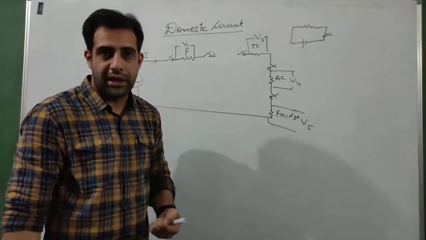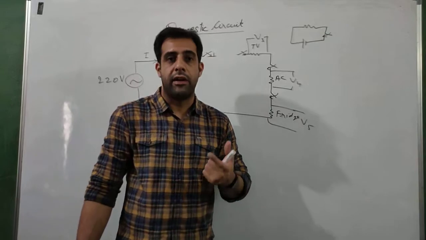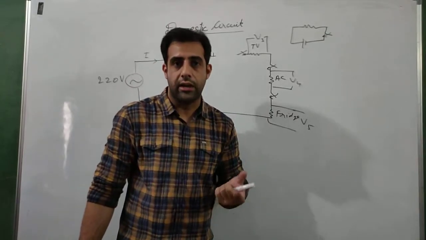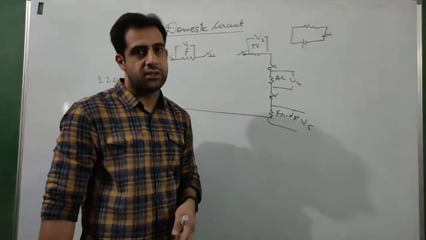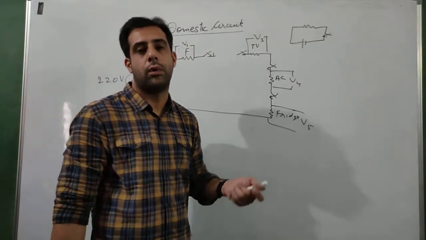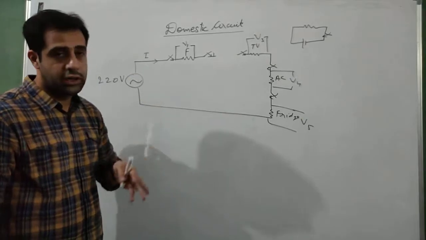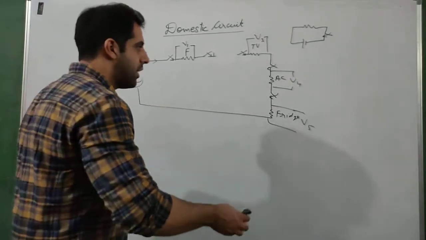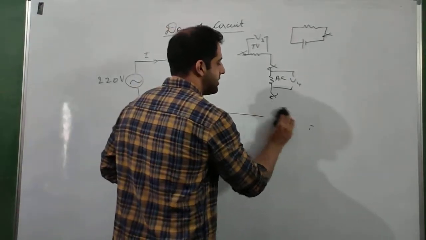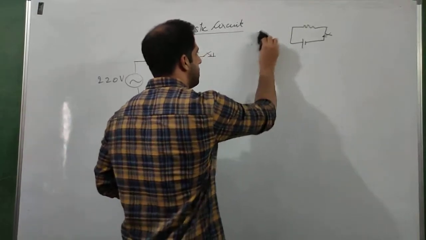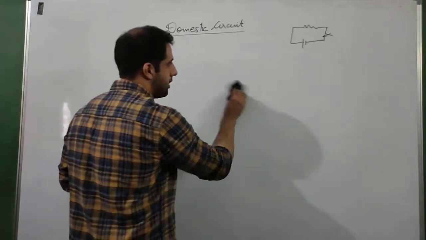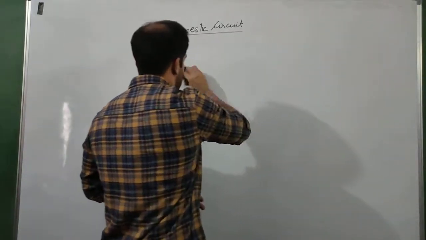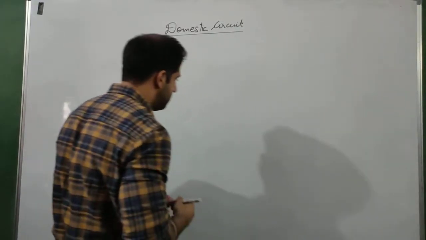So even if one appliance turns bad, even if one appliance is short circuited, if it is burned, is not working, then none of the appliances is going to work, because the current will stop flowing in the circuit. So these are all the disadvantages of series. That's why to solve these disadvantages, we connect the domestic circuits in parallel. So I'll show you a small diagram to explain how they are connected.